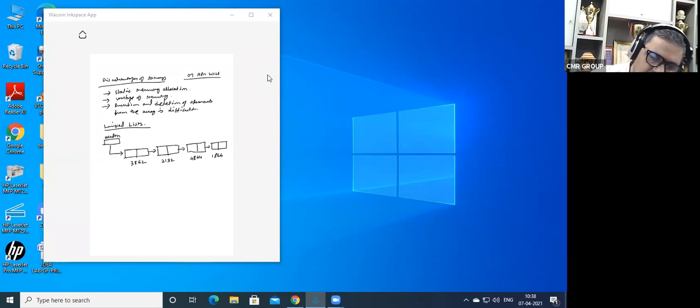Now, this is a header. This is node 1. This is node 2. This is node 3. And we have node 4. Okay. So what is happening here is the header is going to store the address of the first node. So the header will have only one field, that is the pointer. It is a pointer. So it will have 3862. Whereas the node 1, node 2, node 3, node 4, all these are nodes. So it will have two parts. One is the data part. The second is the address part.